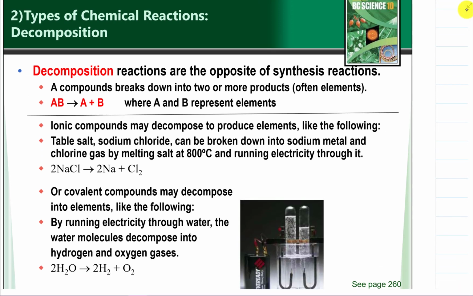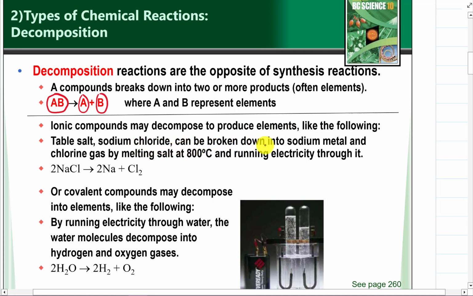We're going to do the opposite of it. The opposite of synthesis is decomposition. And it's just taking a single compound and breaking it into its components. A single compound, AB, breaking into A plus B. So it could be an ionic compound decomposing, like table salt,